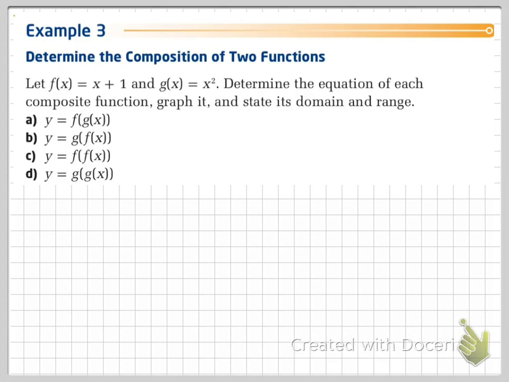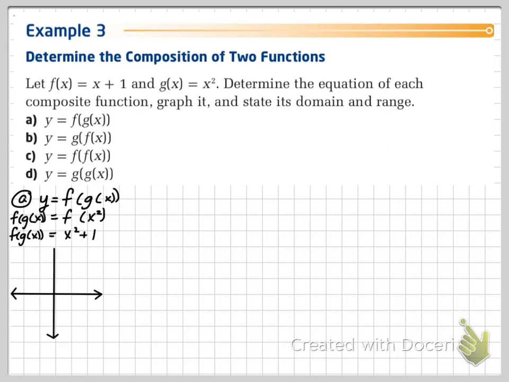Here in example 3, we're going to determine the composition of two functions. f of x is simply x plus 1, g of x is x squared. Determine the equation of each composite function, graph it, state its domain and range. Well, f of g of x means f of x squared,